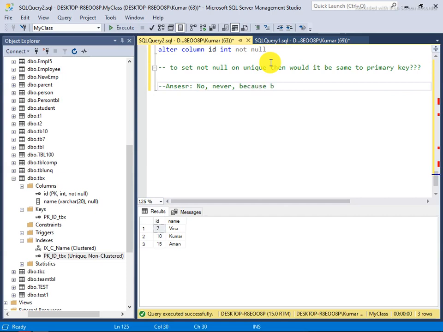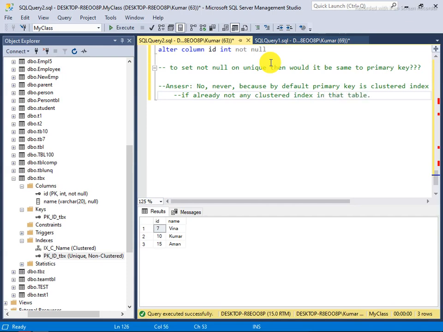Because by default primary key is a clustered index, if there is not already any clustered index in the table.